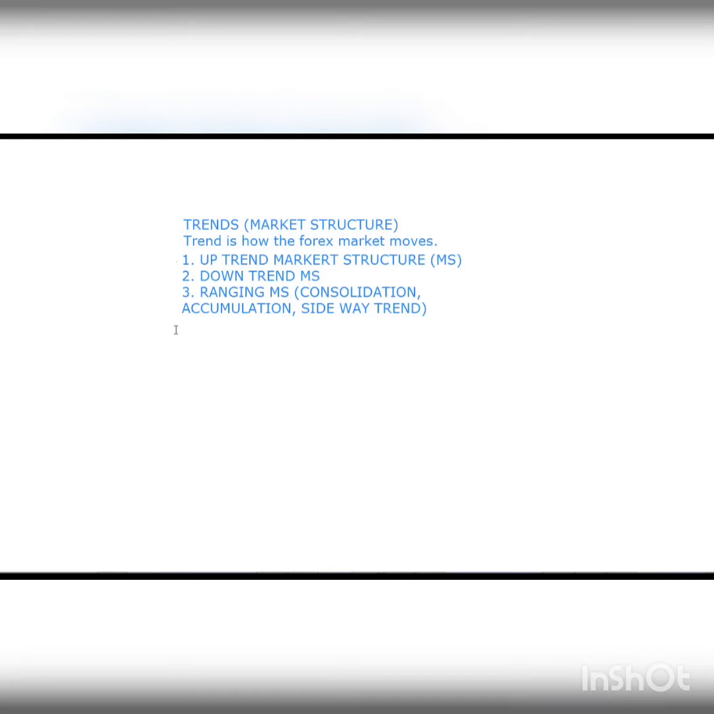The ranging market structure is like the resting phase of the market. This is when the market gathers momentum, so it can continue moving either to the uptrend or to the downtrend. So guys, when we are talking about an uptrend,